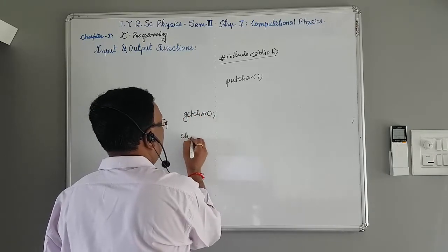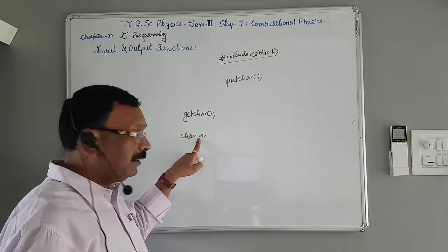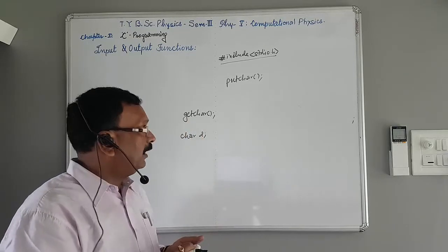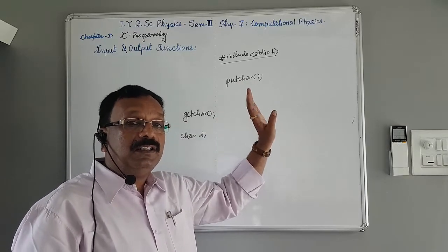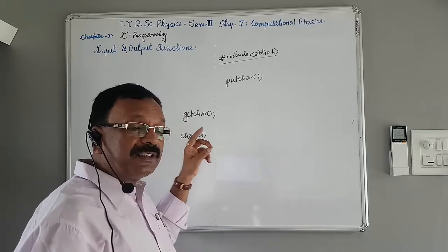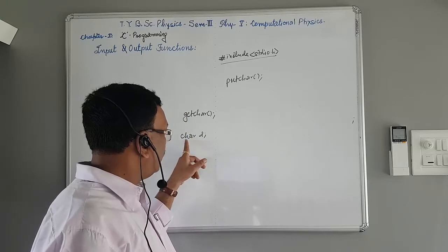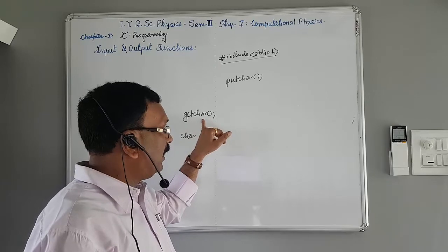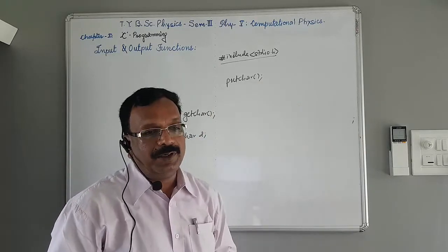Suppose the data is the character D. We supplied the data as a single character. Through this statement, the computer can read it, and this statement transmits the single character data to the standard output device, that is the monitor. Here we supplied the data through the standard input device, that is the keyboard, and the supplied data is read by the computer through this statement and displayed on the screen through this output statement putchar.